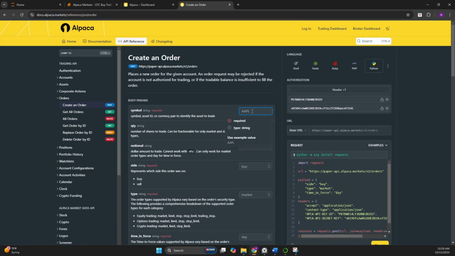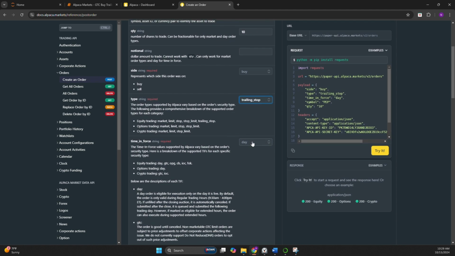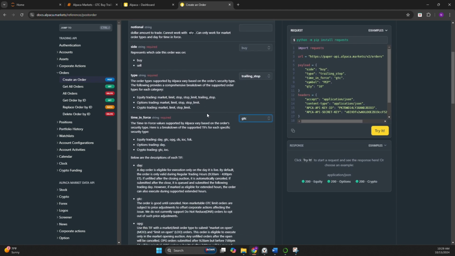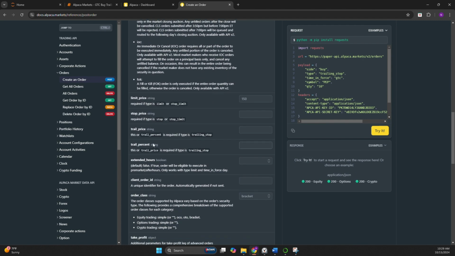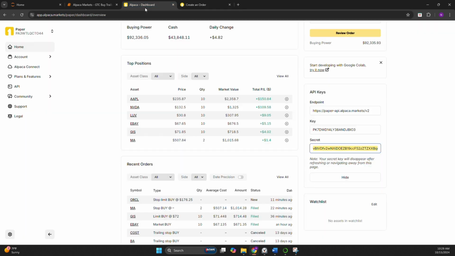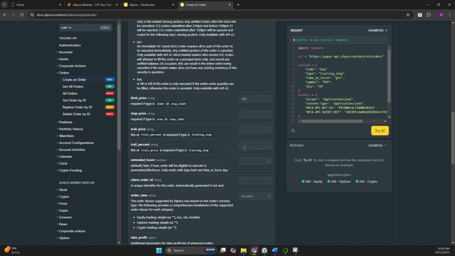Like I said, we're going to do it for PepsiCo, we'll do 10 shares. We're going to do a buy, and it's going to be a trailing stop and good till canceled, right? So then the last thing we need to do is set that trailing stop, whether we are doing a price or a percentage. Currently, it's trading at, like I said, 176.25. We're going to use a price, so $5 above what it's currently trading at,